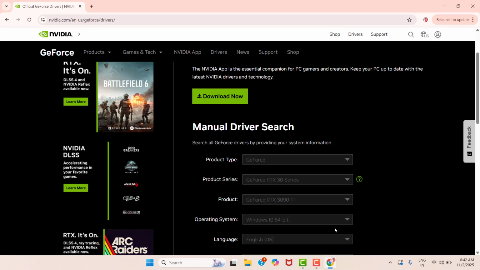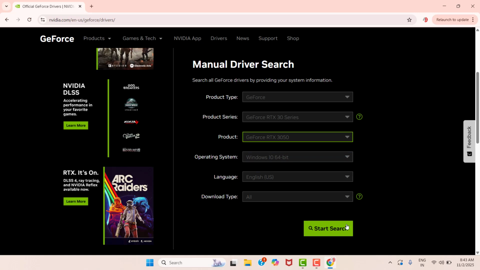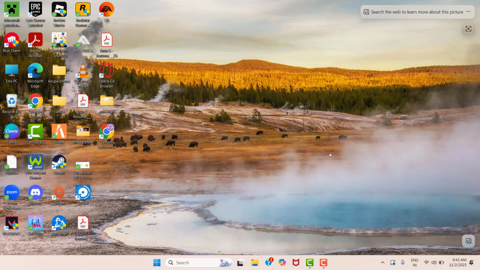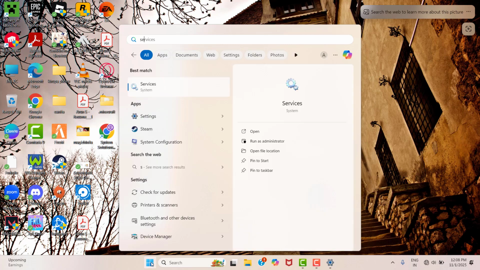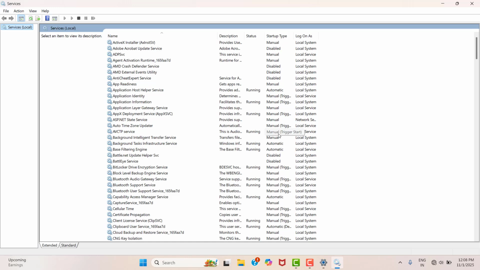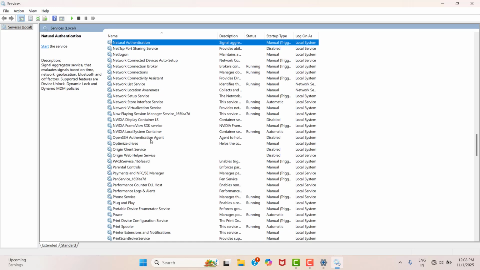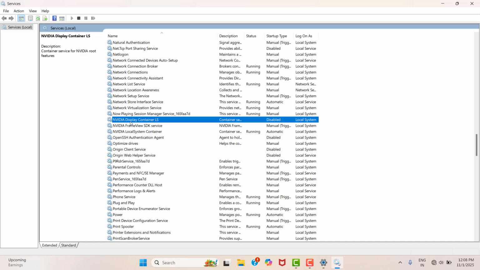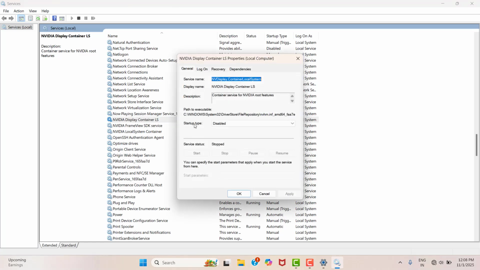Here you can download your automatic driver updates, or you can use the manual driver search and download and install the driver manually. Once this is done, our next step is to enter into the services. Over there you need to double tap the NVIDIA display container, NVIDIA framework, and NVIDIA local system. Just double tap the NVIDIA driver and enable it as automatic, and then click apply